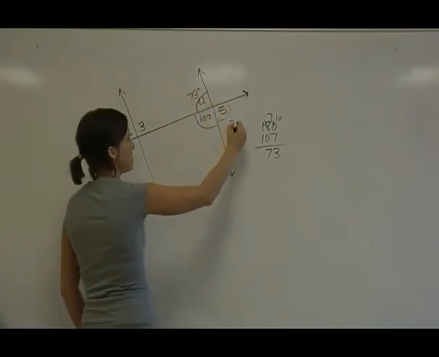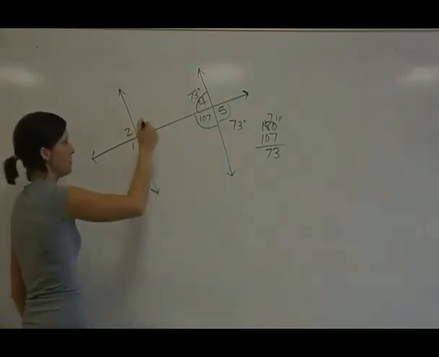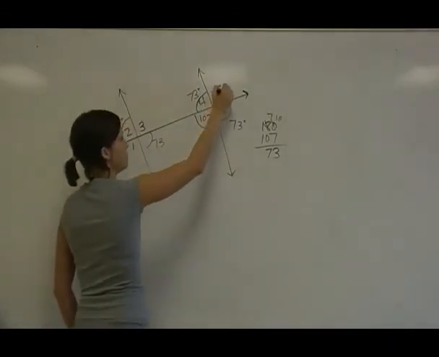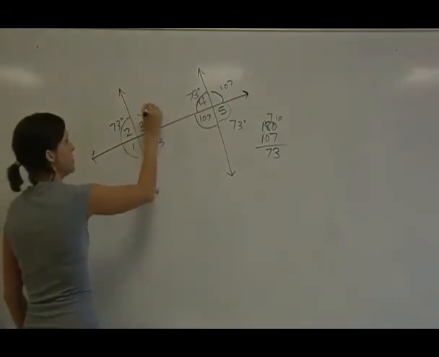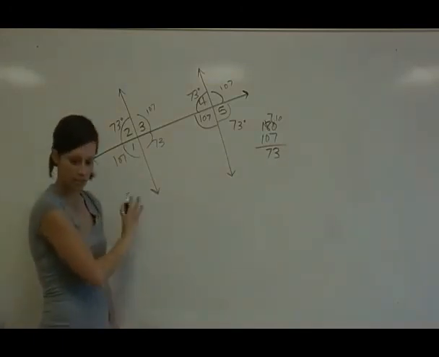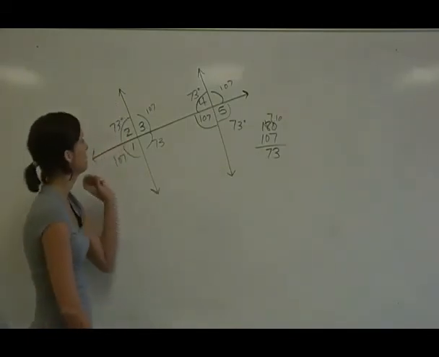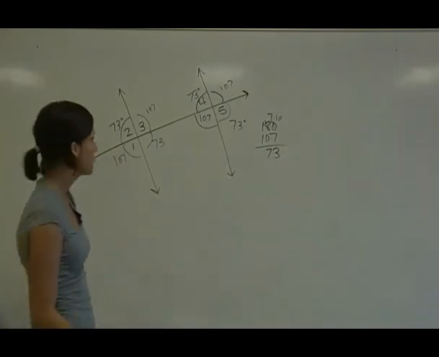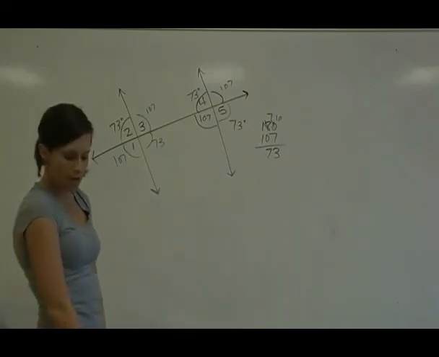Now, opposite angles also equal, and corresponding angles also equal. So if you set that on top of here, that means this would be 73, this would be 73, this would be 107. Opposite angles equal. Corresponding angles, that's what mean these are 107 as well. And I haven't even looked at the problem to see what they're asking, but let's look and see what it's saying. Let's find the measure of angle 2. So now, looking at our thing, we just go angle 2 is 73. So our answer is E. So you can know the answer before you even look to see what the problem is asking you. So now that we're done with those, let's